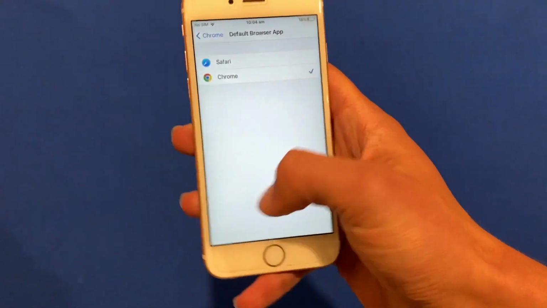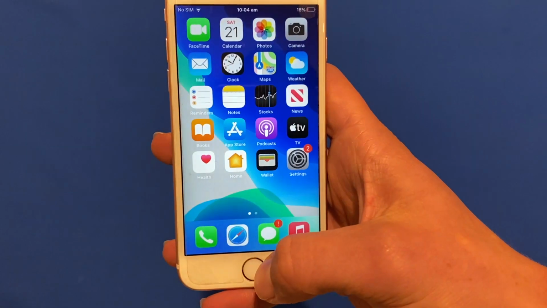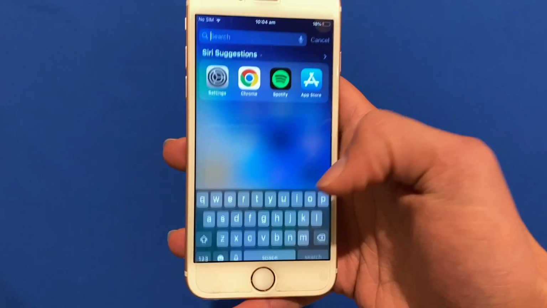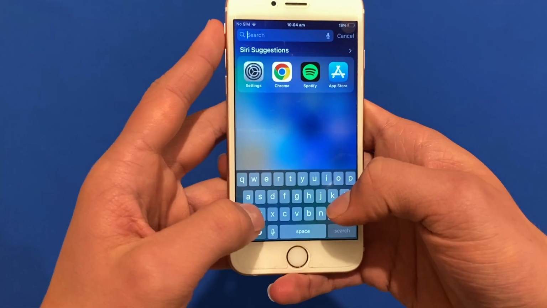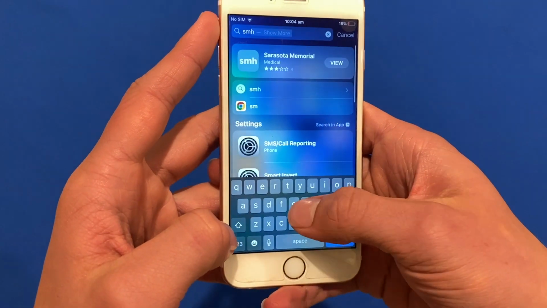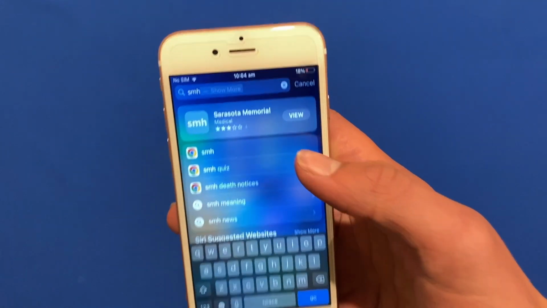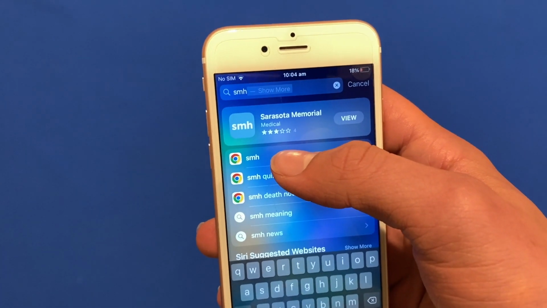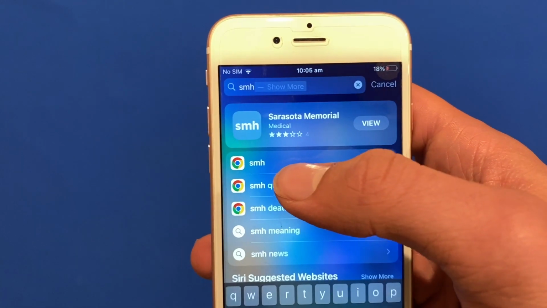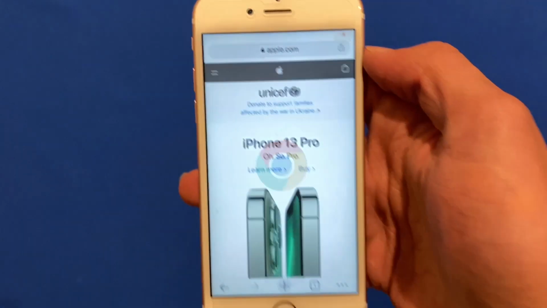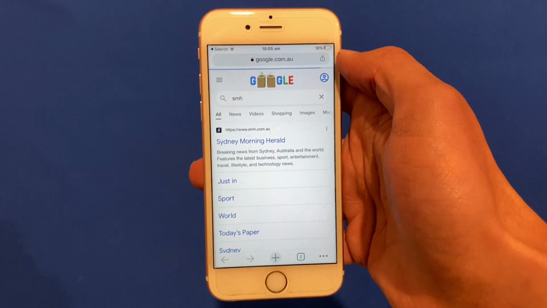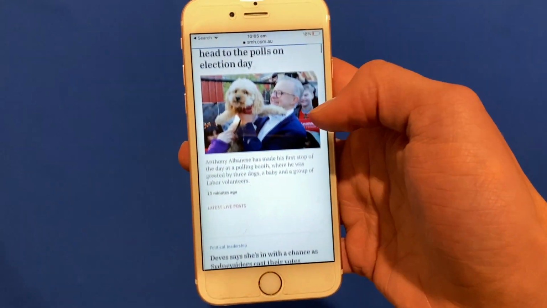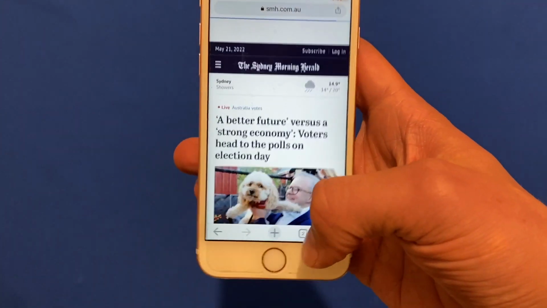And then once you've done that, you can go out of Settings, and that will now allow you to go into a search thing like the search box here, and then you can just search something such as the news site for the Sydney Morning Herald, and you'll see instead of it trying to default to Safari as the search engine, you can then see it's changed everything to Chrome. So if I then click on that, it's going to default to opening it in Google Chrome, and then you can browse within that Google Chrome web browser like so,